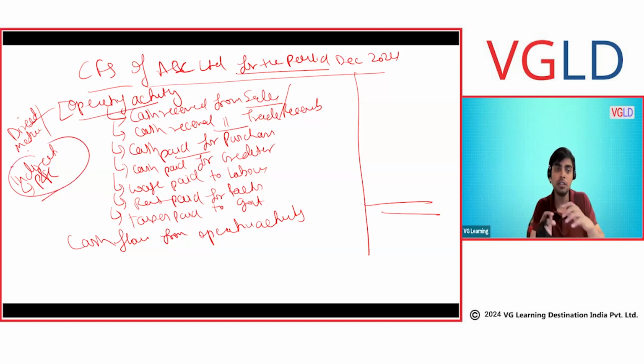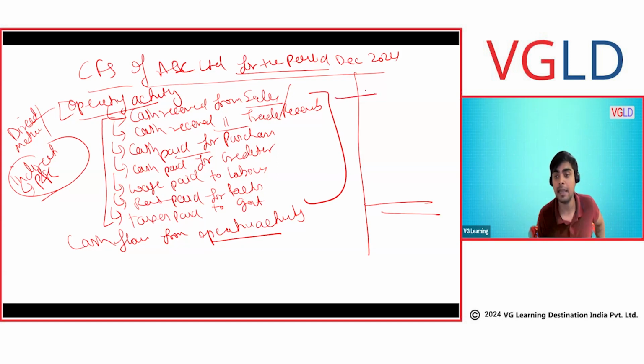If you have a profit and loss, irrespective of whether you have the information for the cash paid or not, you can calculate the operating activity. But this is something we'll learn in the cash flow statement chapter. This is how you calculate the operating activity. All the money that we are receiving or paying is for the business that we trade, the trading business.